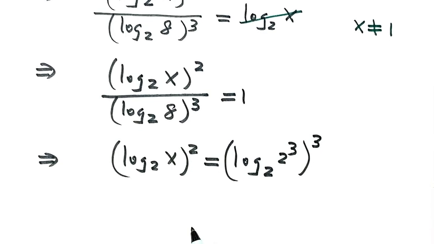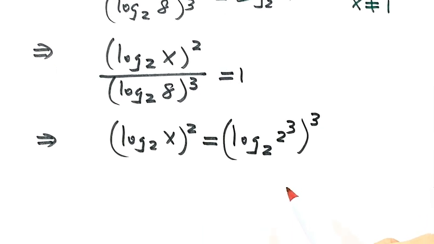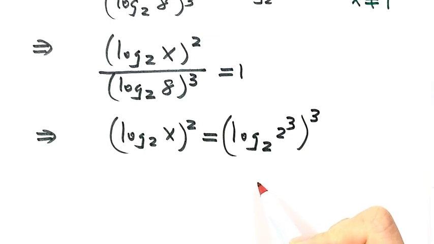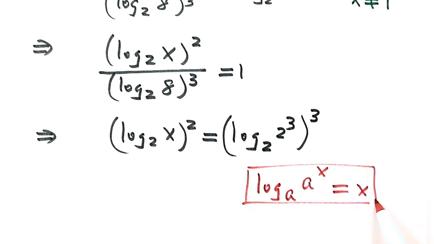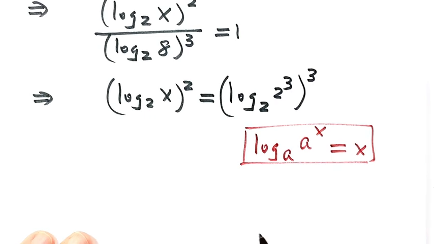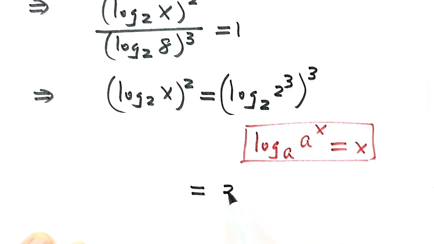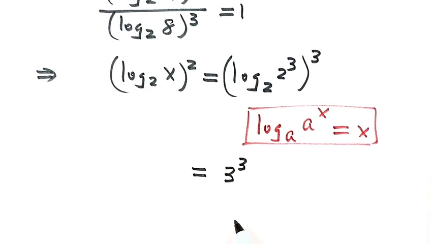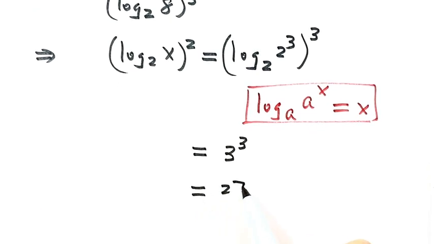For the left hand side, we can use the property of log and exponential. Log base 8 of 8 to the power x: when the two bases are the same, they cancel and it just equals the exponent, x. So for here, the 2 and the log cancel, and it just equals the number 3. So we have 3 to the third, and the answer just equals 27. So 27 is the answer for this question.